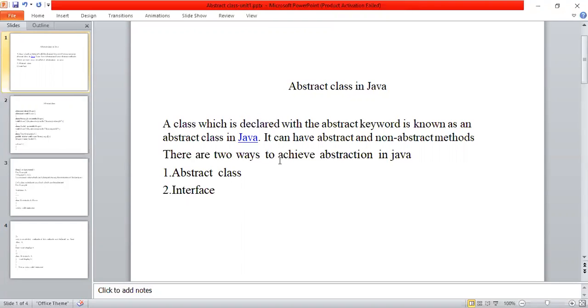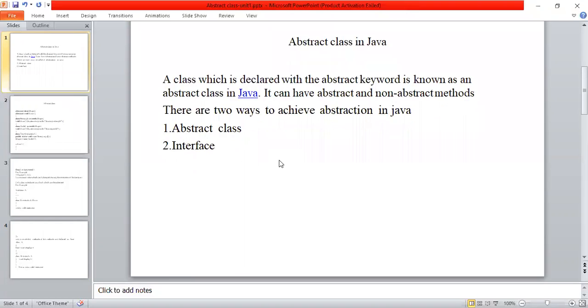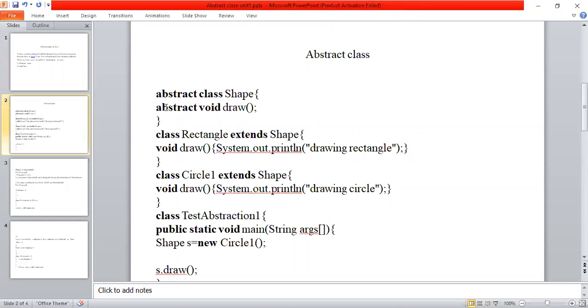Now, how to implement this abstract class, we'll discuss with one Java example program. Here I have a class Shape. The class is of abstract type, so we must declare the class as abstract using the keyword. Then in this abstract class, I have the method draw. This draw method is also an abstract method.